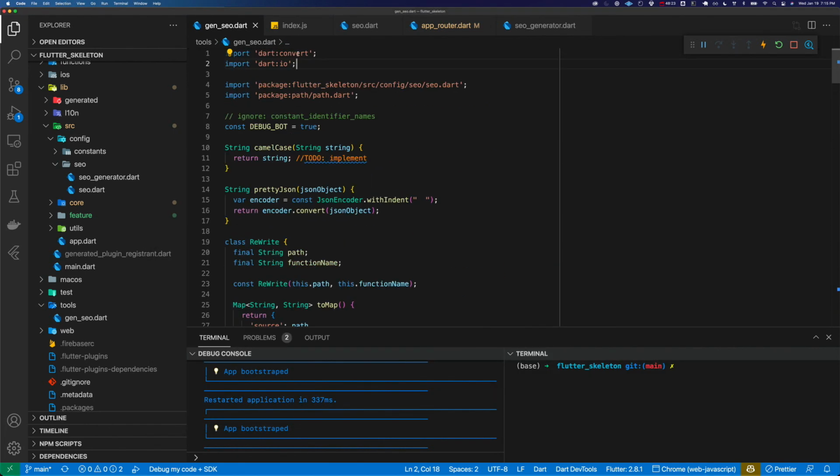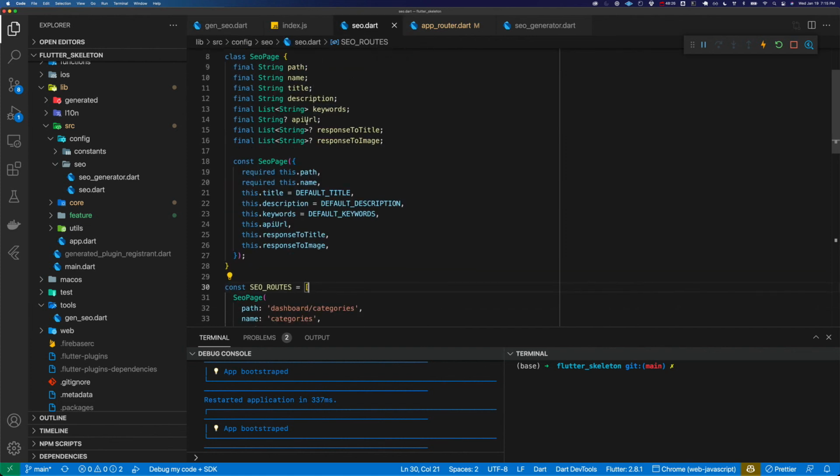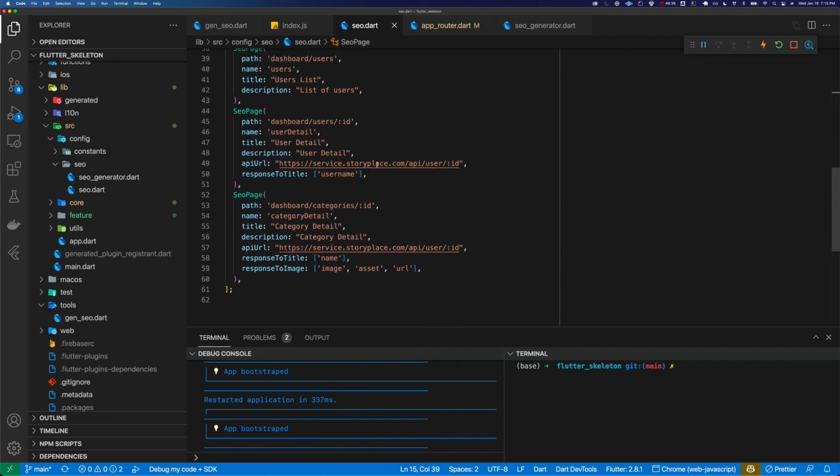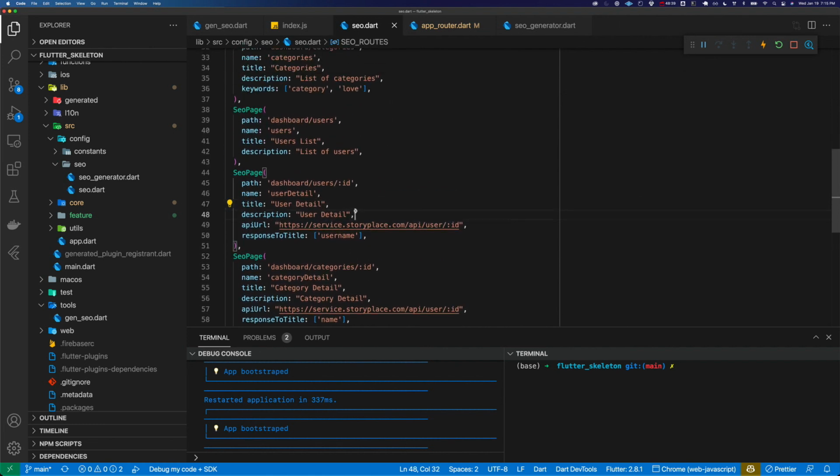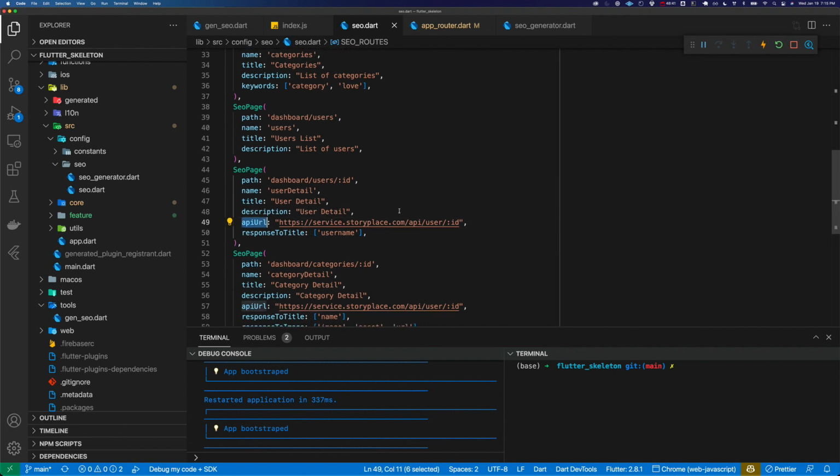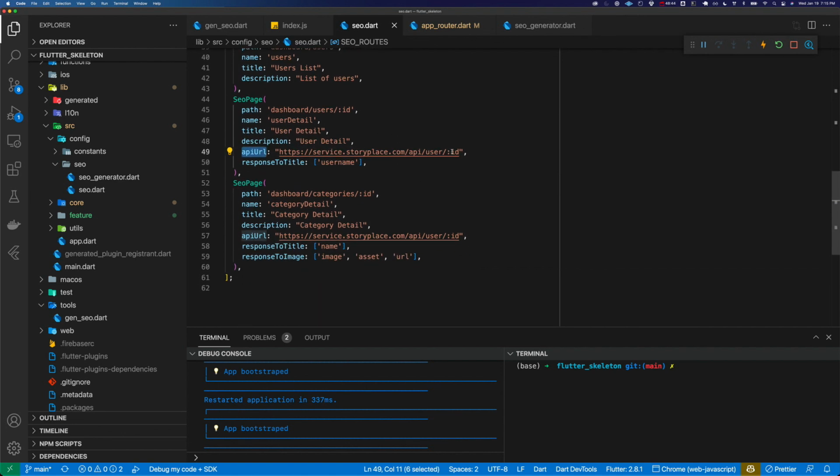But essentially, when you are configuring your SEO, you can optionally pass in an API URL and these almost like functions to get stuff from your API. To give you an example, for users, we're doing the normal stuff that we've done before, but we're actually passing an API URL, which hits this API here with this placeholder of ID, and you'll see these correspond. So the code in this Gen SEO knows to look for a pattern like this and a pattern like this, and essentially it will call that API, and then we have a response to title,